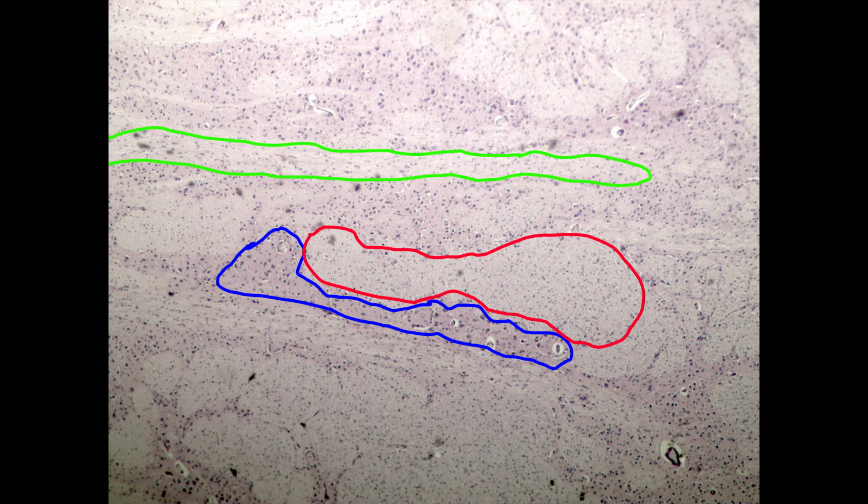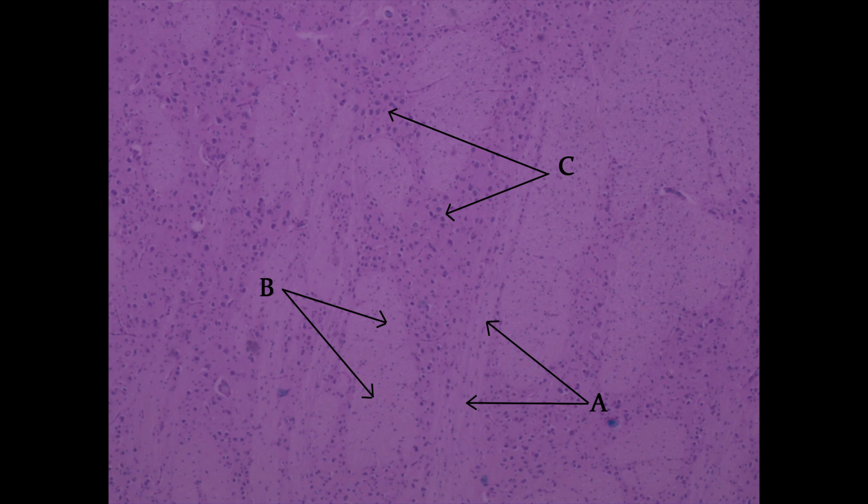Okay, so let's just do a little quiz here and make sure that we're all on the same page. So if I show you this image from the pons and tell you it's from the pons, and I should point out that I'm never going to put an image on an exam that's impossible to tell where it's from. There has to be some sort of clue where you are in the nervous system. Otherwise, you're just looking at a bunch of cells, and it's difficult. So there has to be some amount of clues. I'm not going to give you an impossible task here. So if I put this image up and tell you it's from the pons,